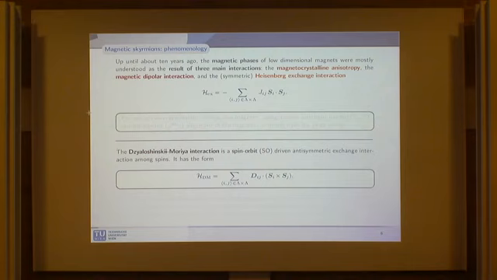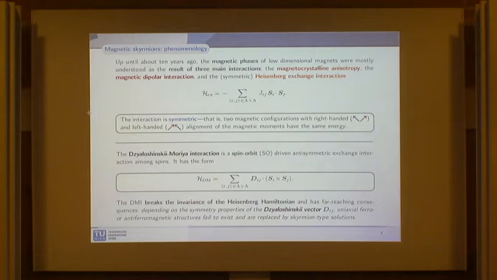has this shape. So you have the classical Heisenberg exchange interaction, in which the interaction is symmetric, meaning that you can swap Si and Sj and the energy will not change. And then you have to add this contribution, which is anti-symmetric. And more specifically, what does it mean? It means that this kind of energy will distinguish between these two configurations. If you have a spin which goes on the left and then on the right, it is different from taking first a spin that goes on the right and then on the left. So you want to distinguish between these two configurations. You can do this by considering this kind of contribution which is not symmetric.